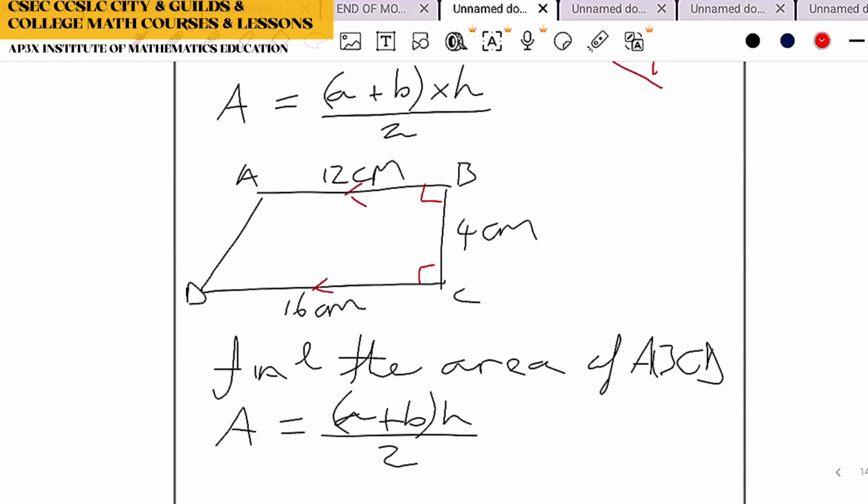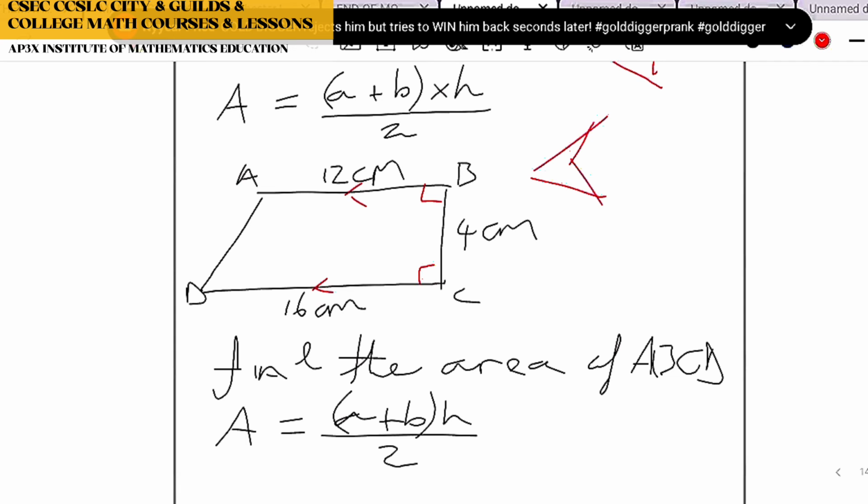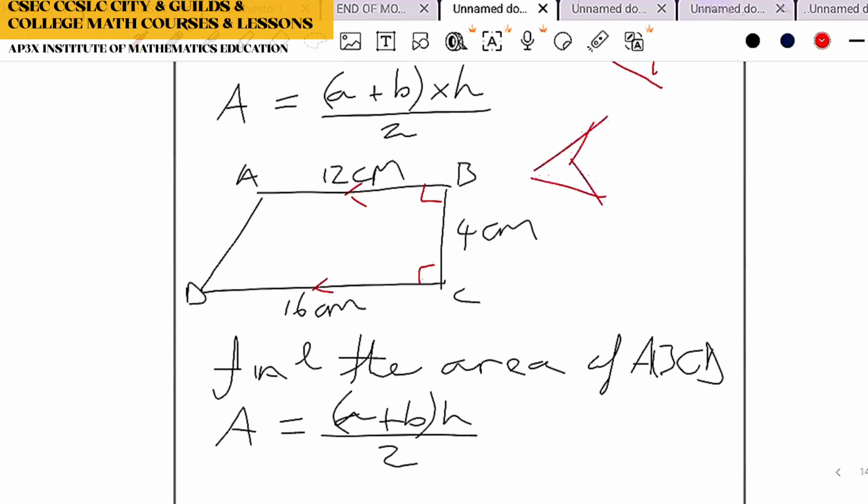Because it could just be an irregular quadrilateral. It could just be a four-sided figure. If I draw a four-sided figure like boom, boom, boom, boom, that shape doesn't have a formula. So therefore you can't find the area of that shape. They're not going to give you that and ask you. They're going to give you something else.